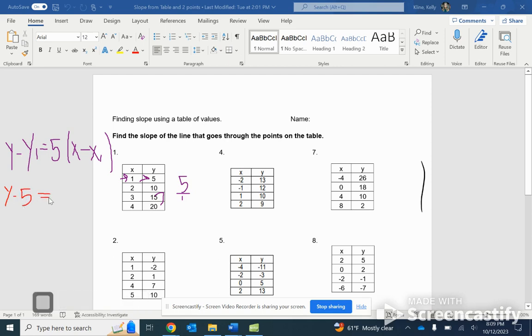equals your 5, and then x minus a 1. When you distribute, this is 5x minus a 5. And then your y minus 5 stays the same here. Equal sign. And then when you add your 5 over,